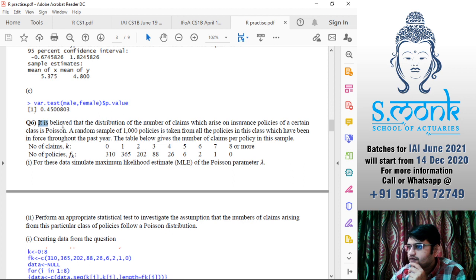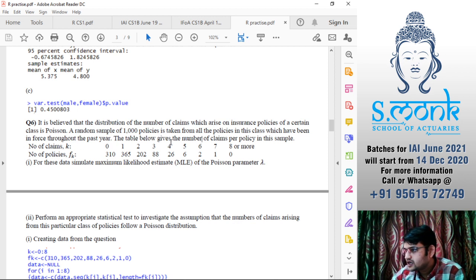So here we have: it is believed that the distribution of the number of claims which arises on an insurance policy of a certain class is given. That is why I am taking an example to explain. A random sample of 1000 policies is taken from all the policies in this class which have been in force throughout the past year.